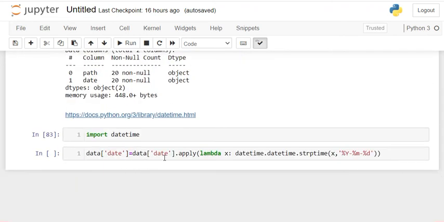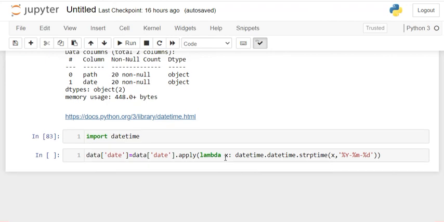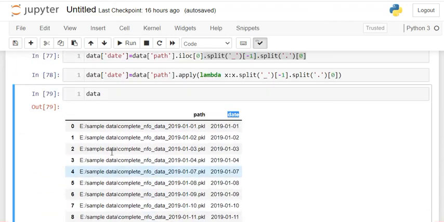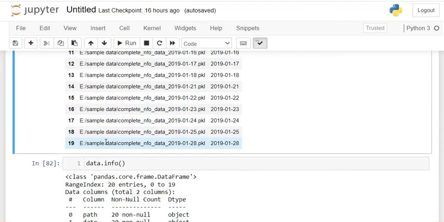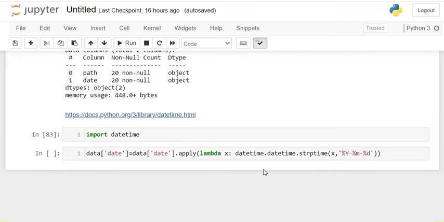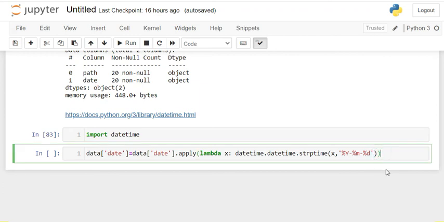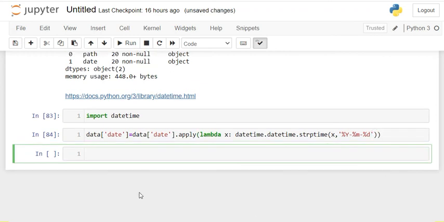I am applying a lambda function because I am trying to convert all the rows. All the 20 rows, starting from 0 to 19, I am converting into a datetime format, year, month and date. Now if you run that, and look at your data,